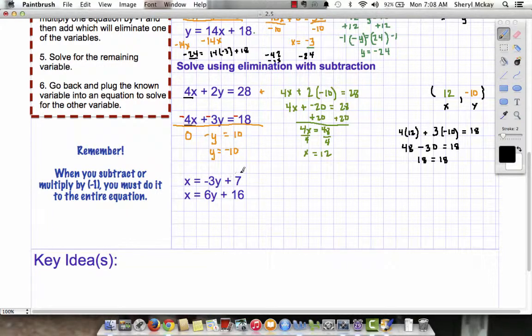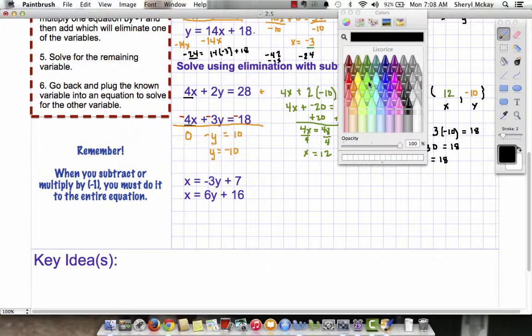And that is, it's really the same thing with adding. I don't really like subtracting, I like adding the opposite. So what I typically do is instead of subtraction, I always add the opposite. So I take this bottom number and I multiply it times a -1 so that I end up with x equals -3y plus 7. I keep that one the same. And then I add